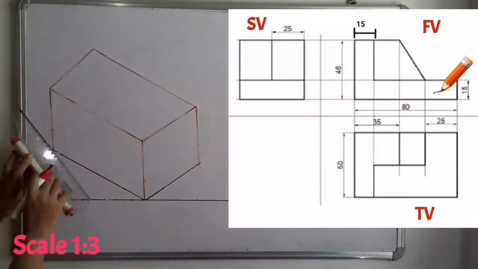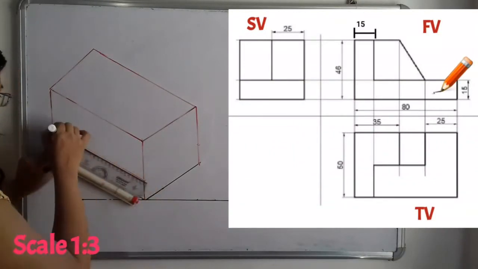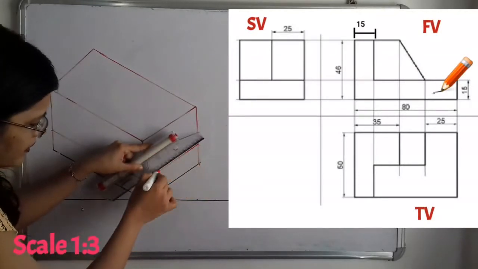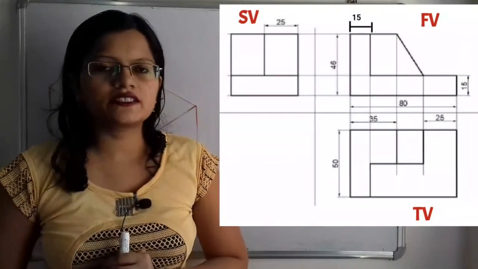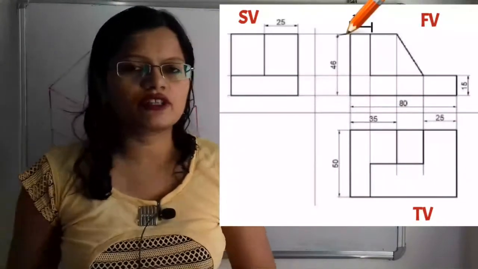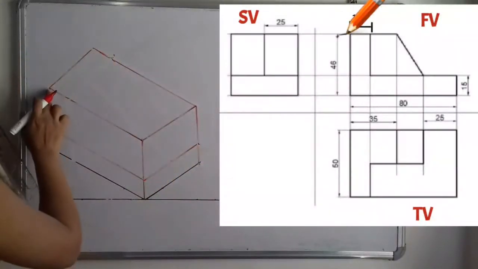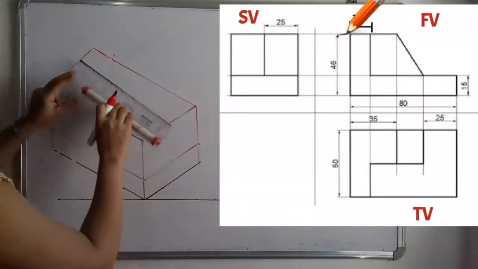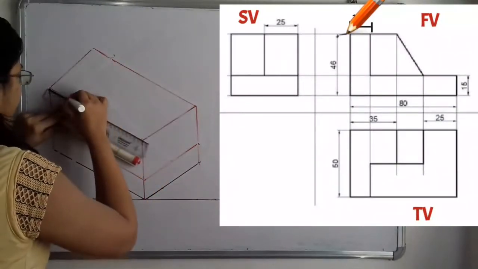Now if we observe, we have to join these 3 lines. So this is the construction at the base for the height of 15 millimeter. If we observe the front view, then there is the construction on the left hand side. So the length is given for that construction, that is equal to 15 millimeters. So we have to select for the lines which indicates the length, that is 1, 2, 3, that is equal to 15 millimeters. So 15 into 3, that means we will mark here the point for the 45 millimeter.